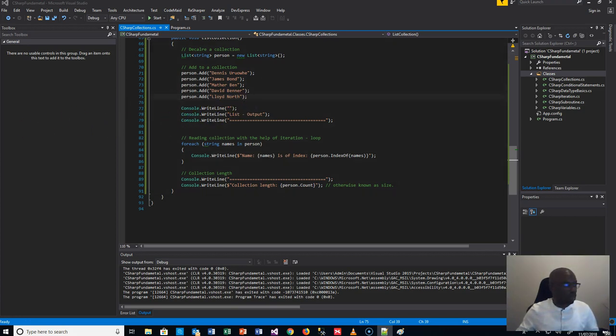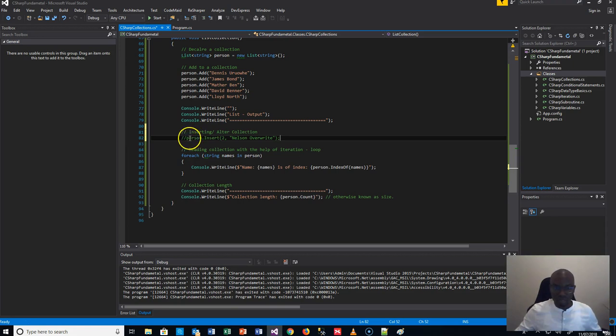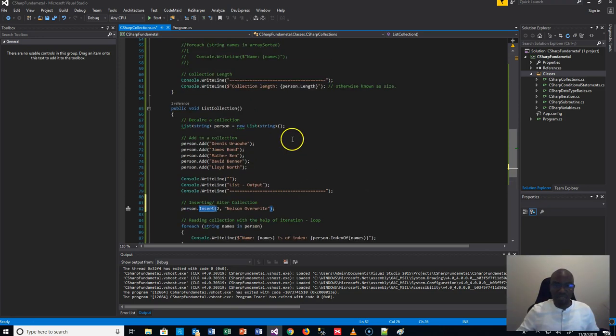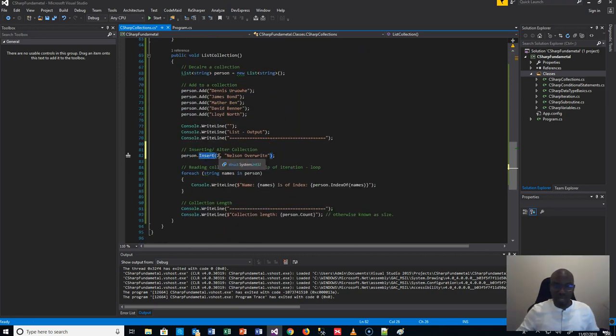So I'm going to copy that. I want to alter it before I print them out. So I'm going to put that here and say, just pretty simple, the way it was before. But in this case, I am inserting here. I said insert at index 2,